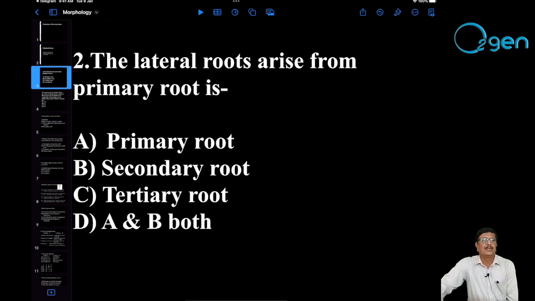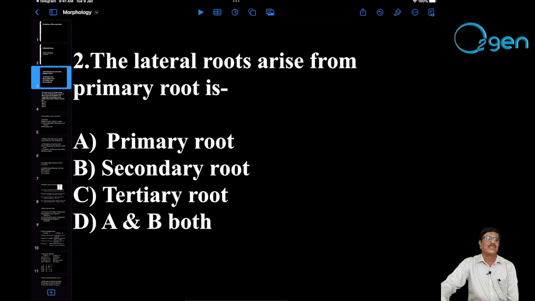Next, the lateral roots arise from the primary root. In the taproot system, so many branches are developing. Such branches are primary, secondary and tertiary. Here the lateral roots arise from the primary root, which came from the meristematic tissue. So the root which comes from the primary root is